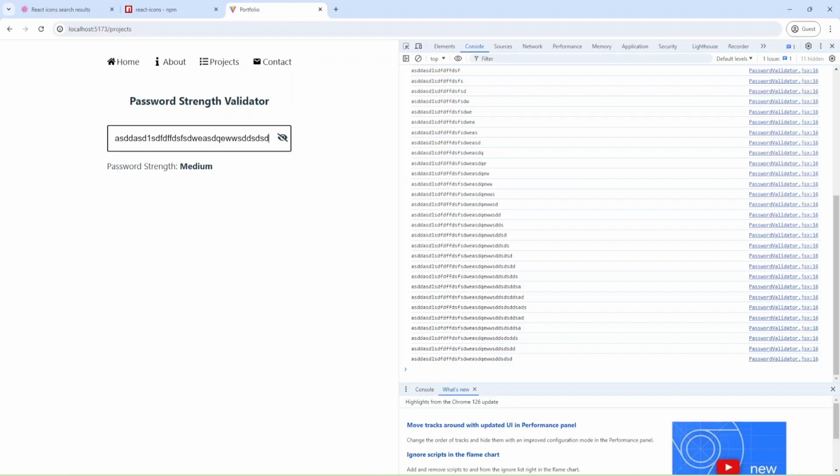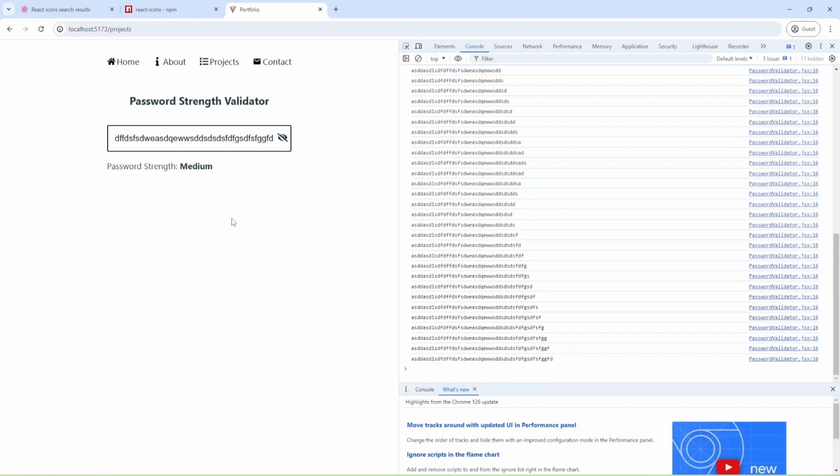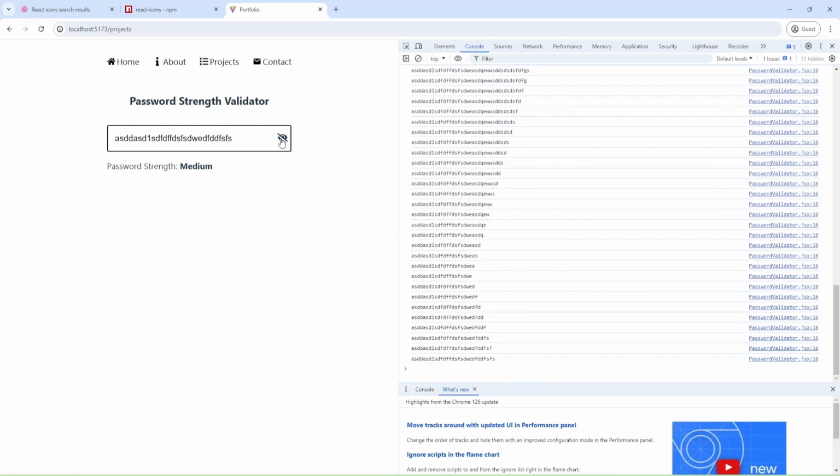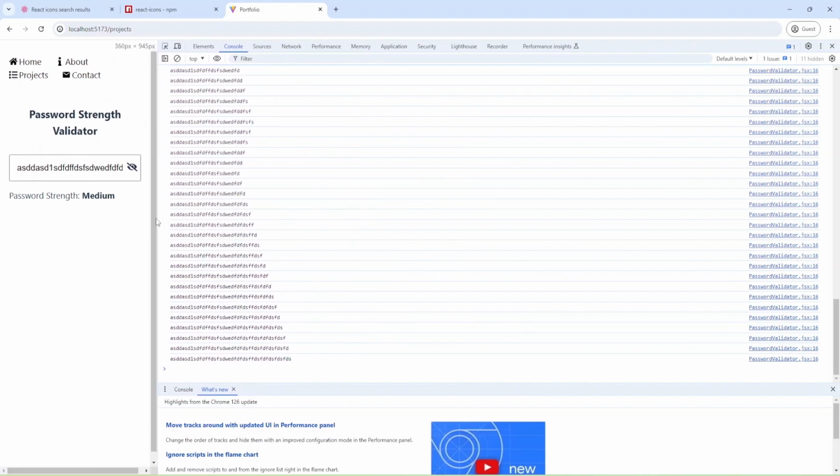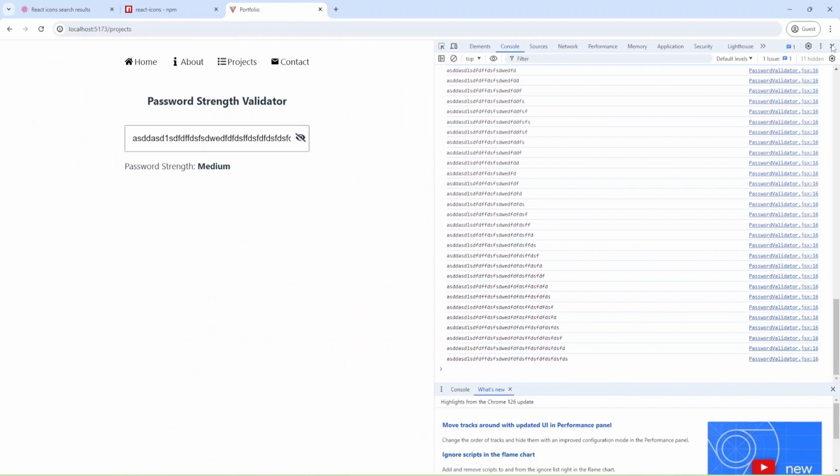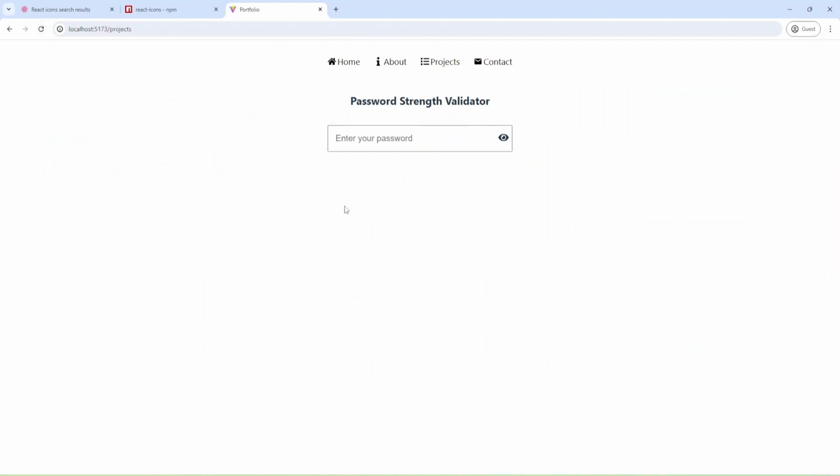Let's check again. I'm going to add text, and as you can see, we don't have text above our icon. I can hide my password, remove it, and add more text, and move my app, and close this developer tools, refresh the page, type again, and check that everything is working, and everything is looking good, and that's all that